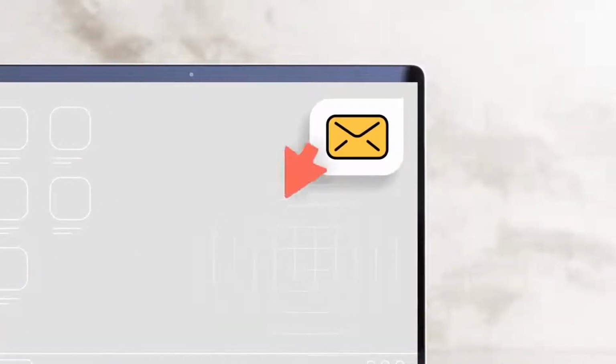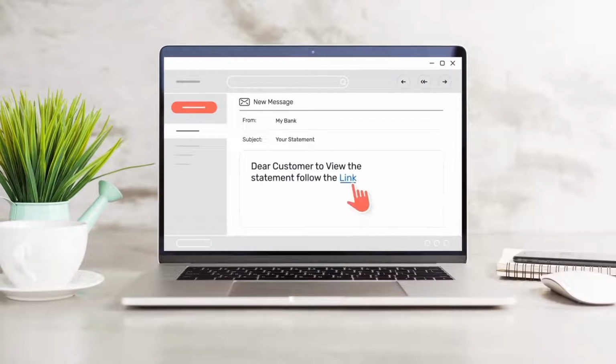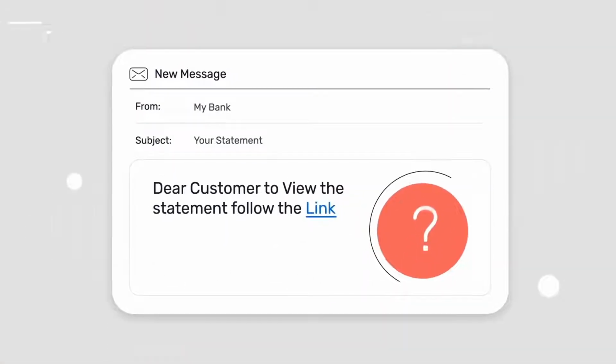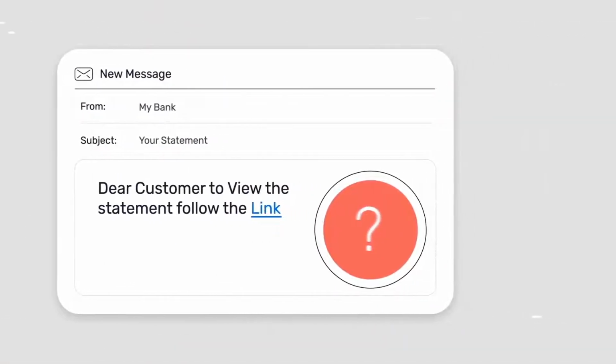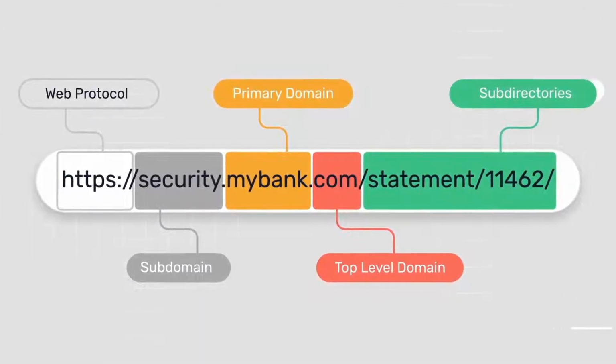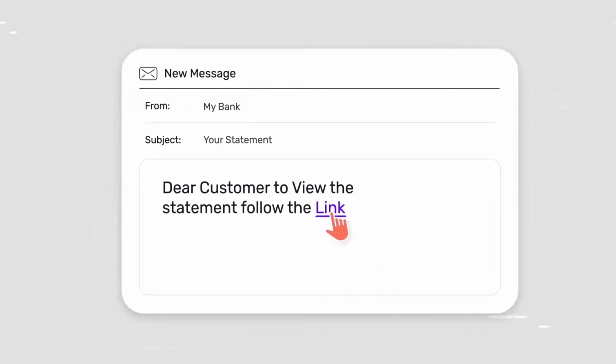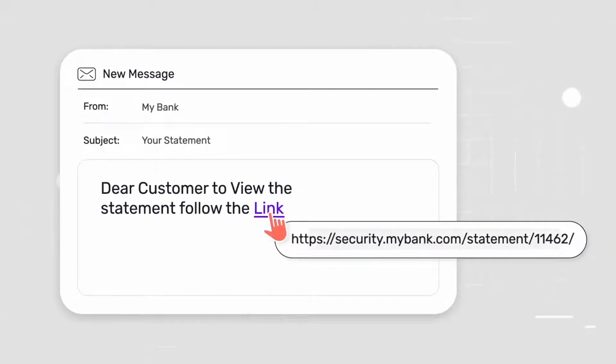Say you receive an email from your bank asking you to click on a link to check a suspicious transaction, and you want to know if it's authentic or not. First, you need to know about the different parts that make up a URL. If you hover the cursor over the URL, it will display the website address that the link will take you